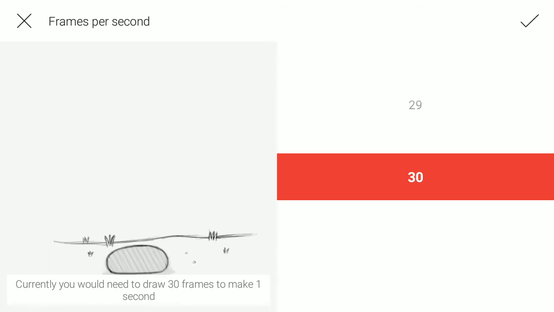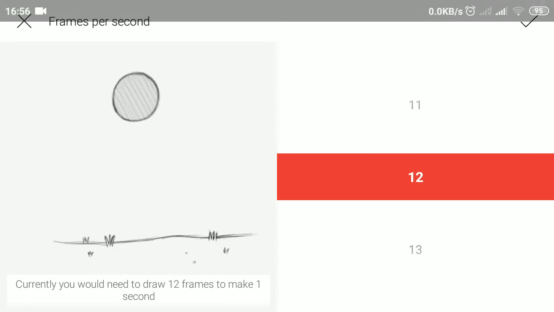allowed. In Blender, I always animate at 30 FPS, but I'm animating in Flipaclip, and I'm going to probably have to animate, I think, frame by frame. Yeah, that's the word. So frame by frame animation.